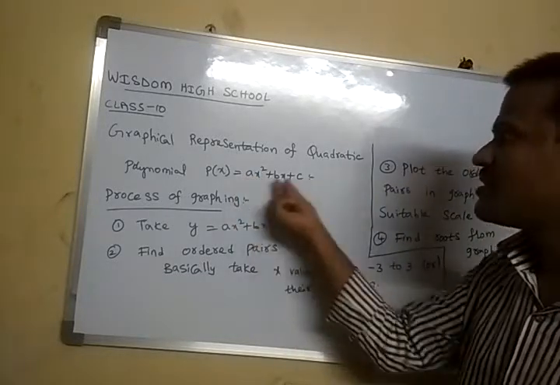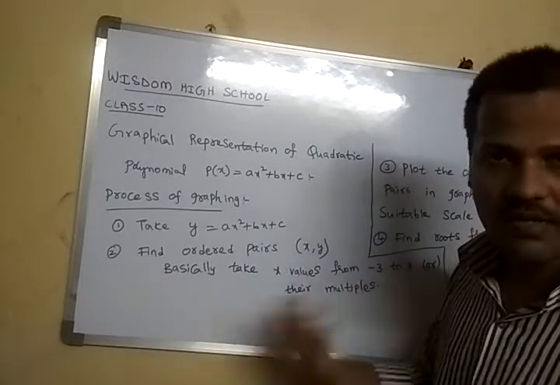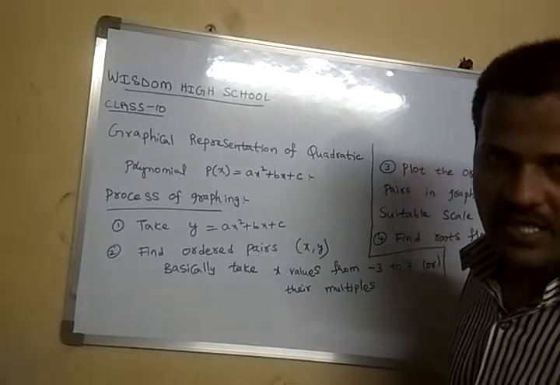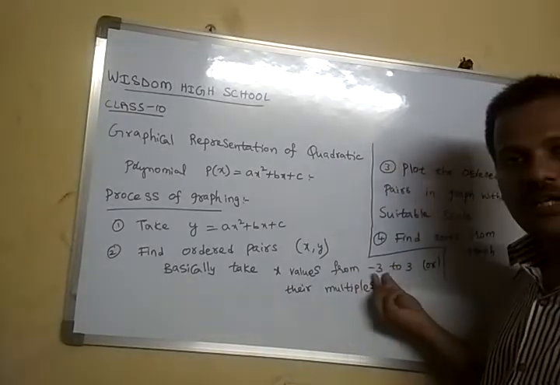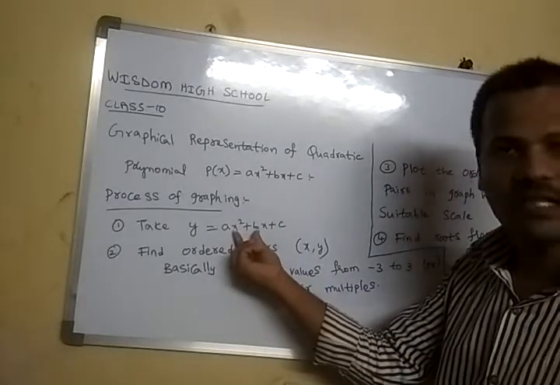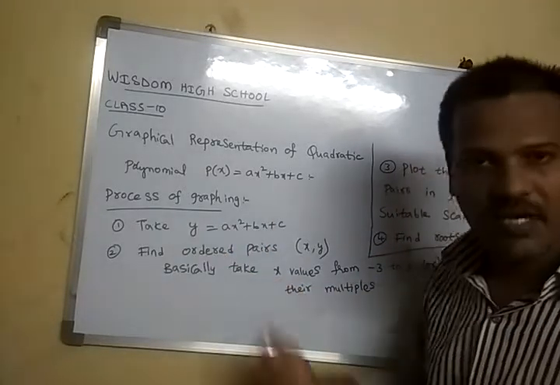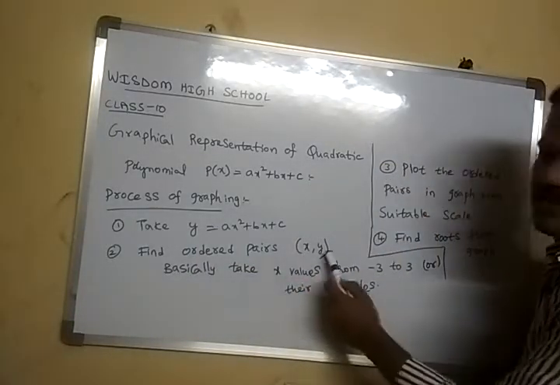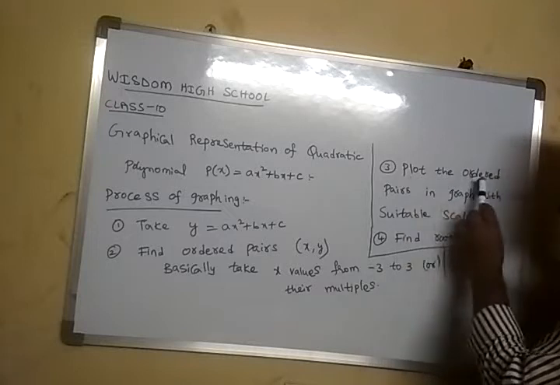If the coefficients are of higher order like hundreds and thousands, we will change the x values to 300s, 3000s like that. So basically we will take x values from -3 to 3. By substituting those values in this equation, we will get y values. Okay. So now the next pointer, after getting the x comma y ordered pairs, we will plot the ordered pairs in the